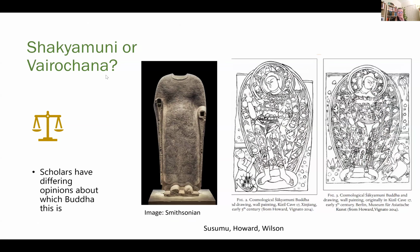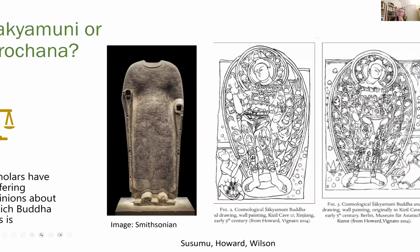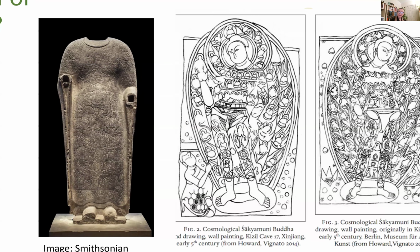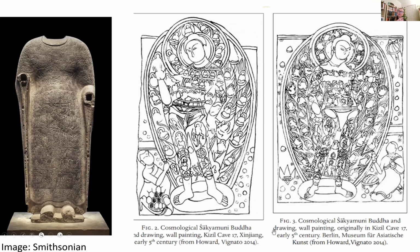But then we look at some other things that might also relate to this robe, right? This absolutely stunningly unique and detailed robe with these depictions of different layers of being, realms of being. And so these drawings over here are the line drawings of some paintings that are in the walls of the